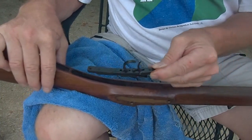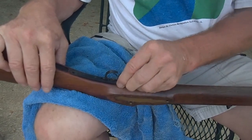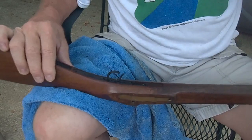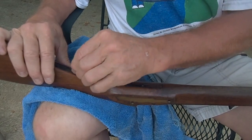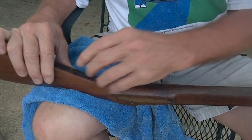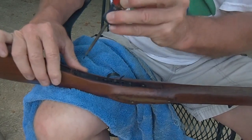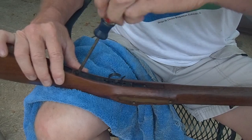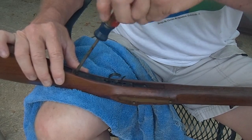Let's show you what we do to put the gun back together. Drop it back down to the slot here, like such. Fits right in there pretty good. And you take the one screw that's right here that holds it in place. Keeps it in place good. And like I said, use the right screwdriver for the job. But put this one in place to hold it in